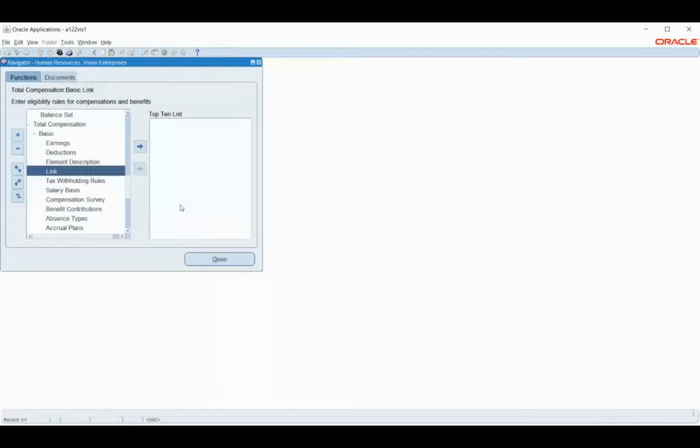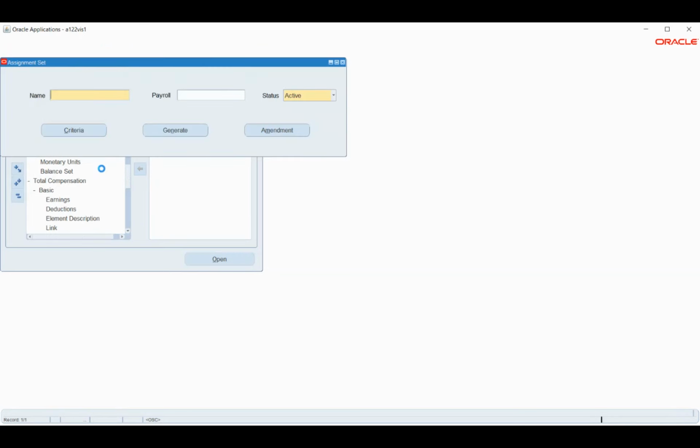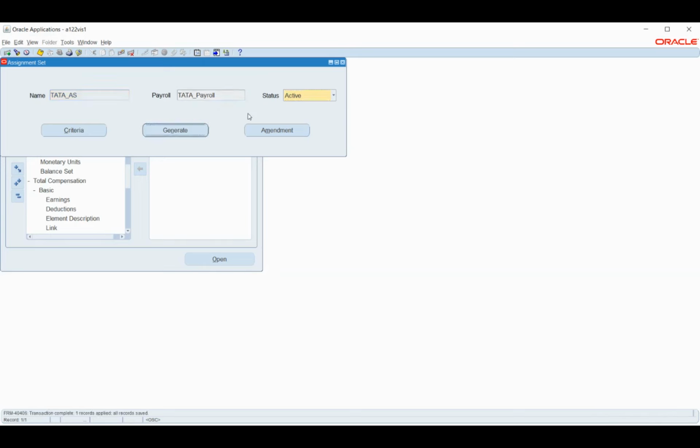Okay, let me attach with the existing one and probably will check this issue later. So the issue is with some linking factor. Okay, you'll see that. So now we will have to create the assignment set. So that's it. So I'm done with the assignment set generation.